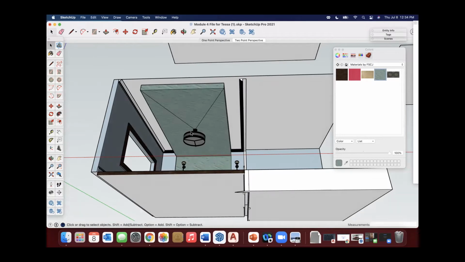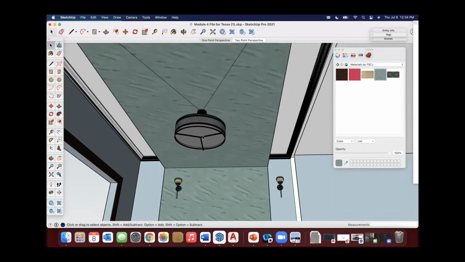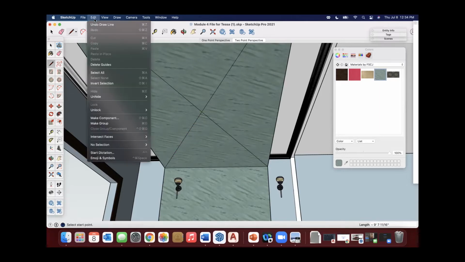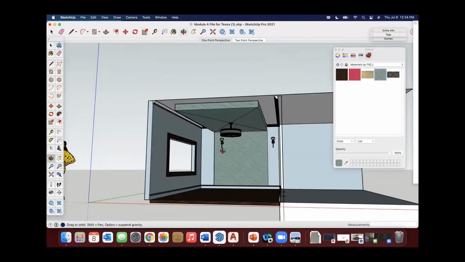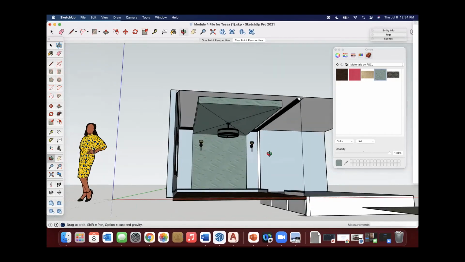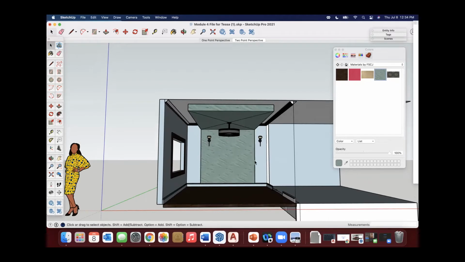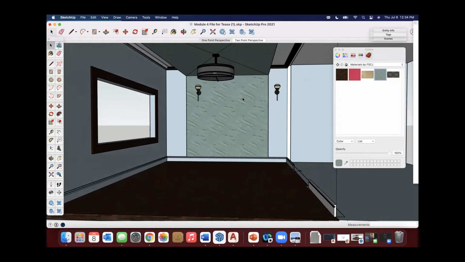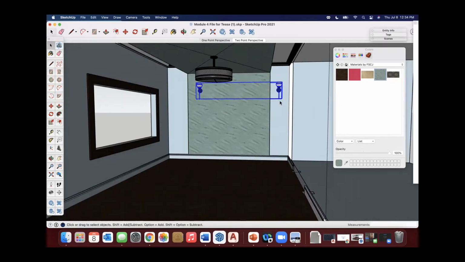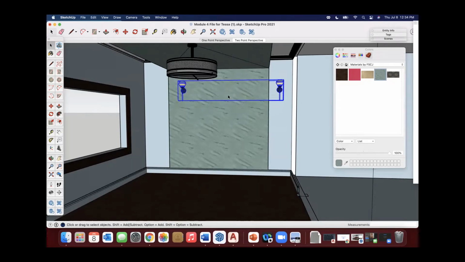But if this is a feature that we're needing to have, I can easily put those back. If I just hide the light for a second, take my pencil tool and bring that back to that corner, bring that back to that corner, and then edit, unhide, last, and there we go, all fixed. So that flashing has now stopped and that really helps. So we can see that we've got a floor, we've got our feature wall happening. Our sconces are a wee bit off here, but that's an easy fix because we know we want it on the center here.